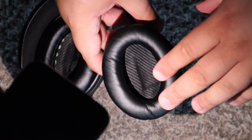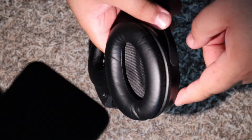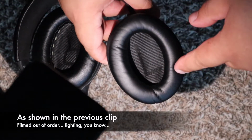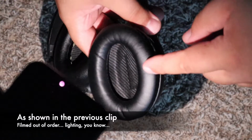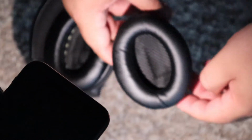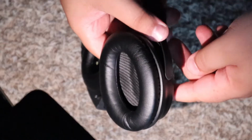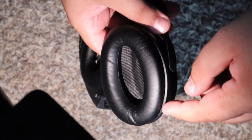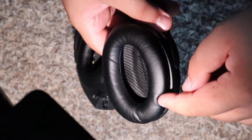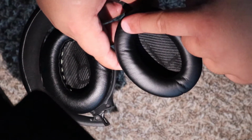Okay, now that we've seated the pad on top of the headphone, it's time for us to secure the pad to the headphone itself. And the way we do this is that there's a string of 10 small, let's call them teeth, that sit underneath where the pad is right now and are built into the plastic that circles the rim of the headphone here. And the whole point of those teeth in there is so that this thing can sit securely onto the headphone itself. So what you need to do is start, I usually start at the top of the L here, starting up here, and then